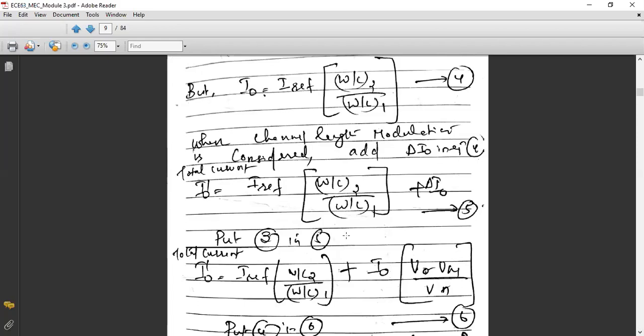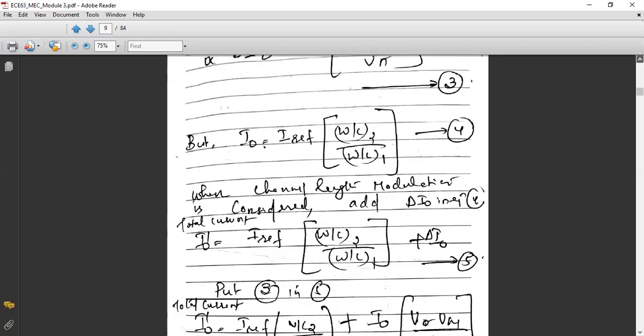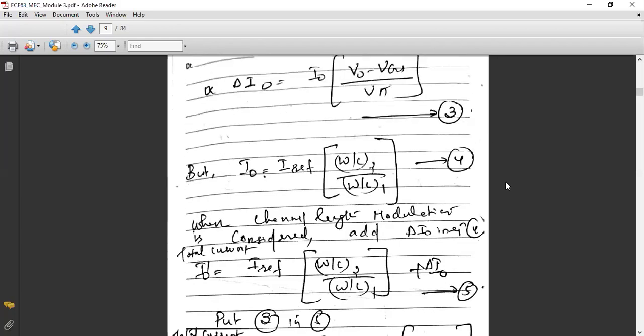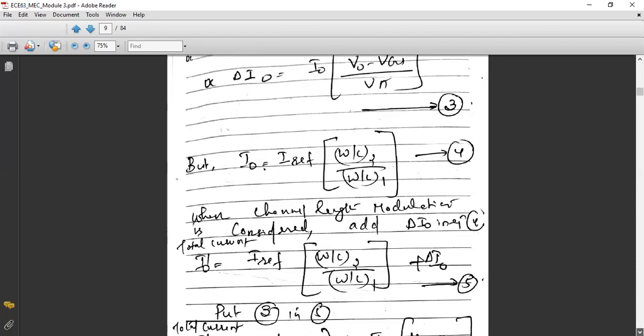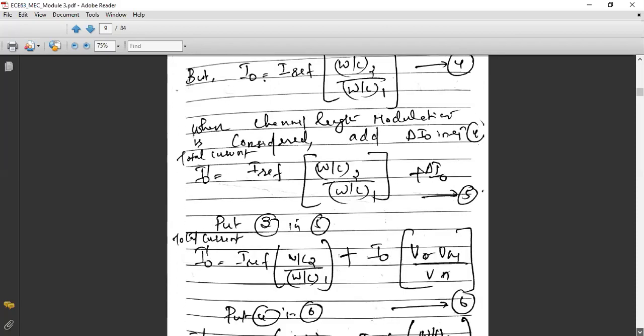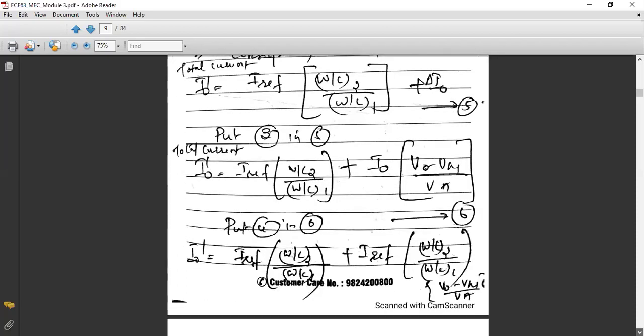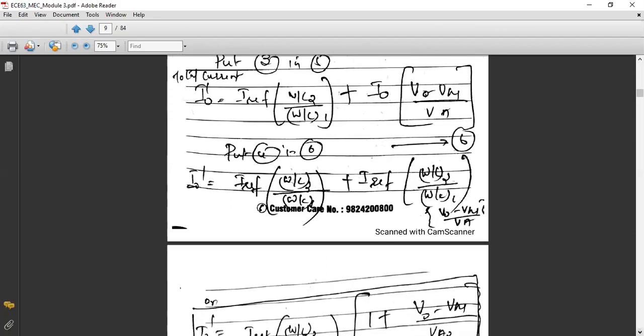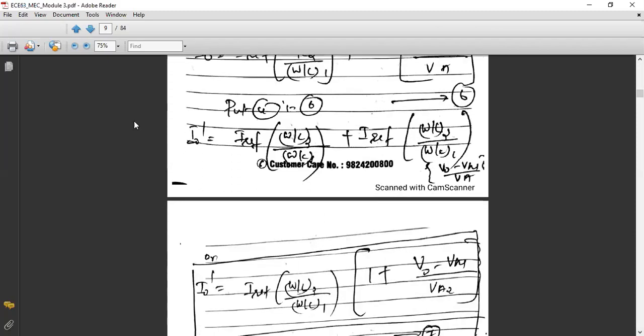Theoretically this equation of output current is this, but when we have to consider that incremental change delta I0, we put it here as I0 dash. Now, just by substituting this, I will retain it as such, and delta I0's equation we have already found from equation number 3. So I will put equation number 3 in 5. Instead of putting delta I0, I will substitute this entire equation here and just rewrite. This is an important question. Try to practice this. Now, just by substituting and taking the common factor, what is the common factor in the two equations? You have I reference as a common factor, so that can be taken outside.